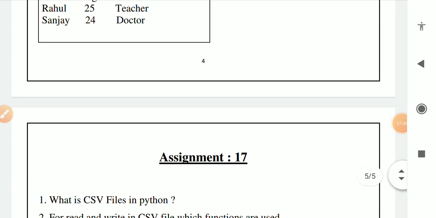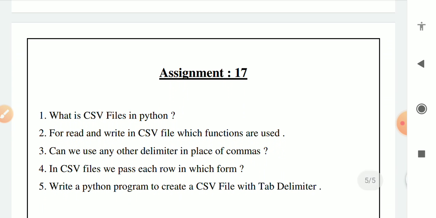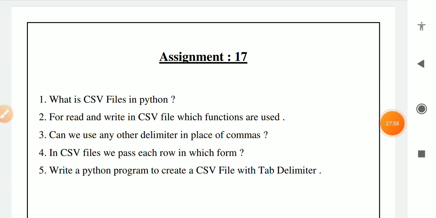One assignment is given below, assignment number 17. It contains a total of 5 questions which you have to solve in your school copy. Question number 1, what are CSV files in Python? Question number 2, for reading and writing a CSV file, which functions are used?